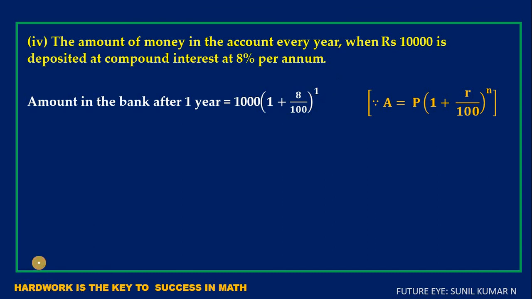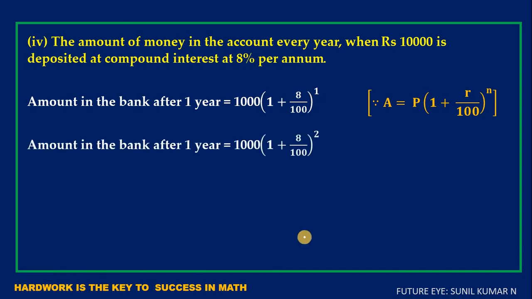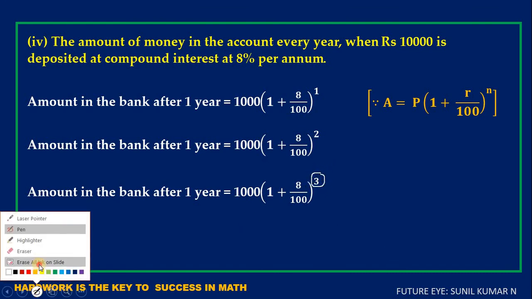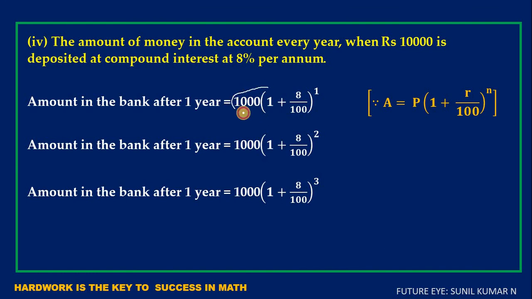Next let us find for the second year. No changes will be there. Only in the place of n you write 2. Remaining all will be same. Next let us find for the third year. Just in the place of n you put 3. Now you just use common sense. All bases are same here. Only powers are changing. Now whether it forms an AP or not.